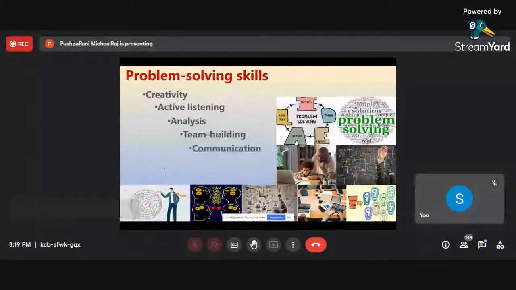So the problem solving skills involve creativity. You must have a creative mind in order to evaluate your question and give good interpretation, how creatively you can interpret and give analysis to your results. You may not know what it is. You may feel that this result is waste, but if you are able to give a good, meaningful interpretation, then it's a problem solving skill and critical thinking skill.